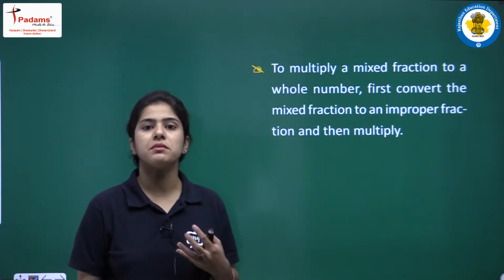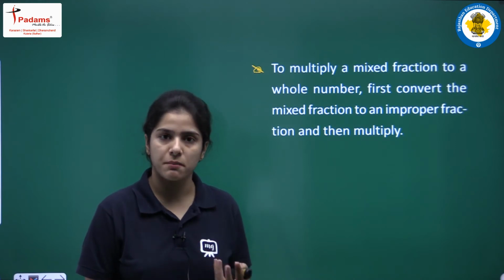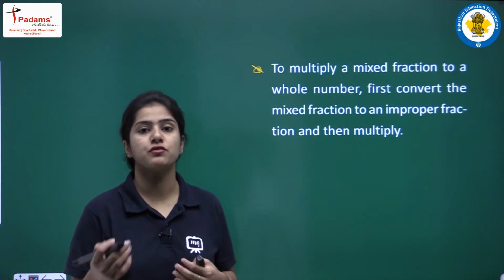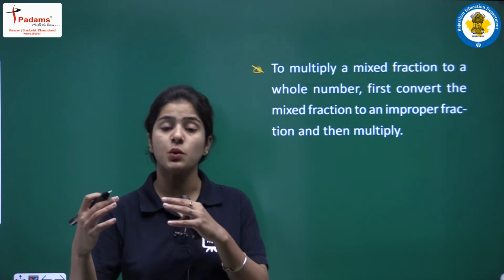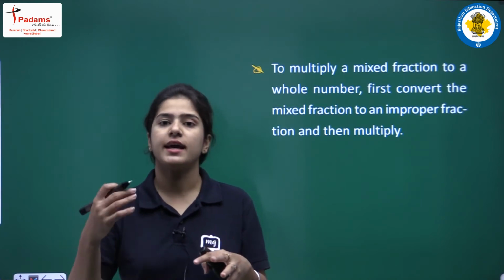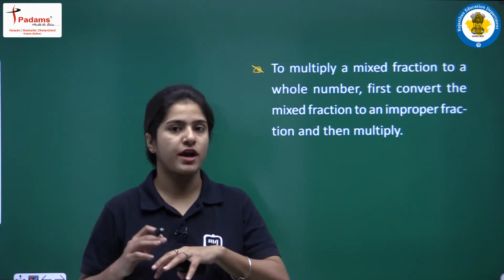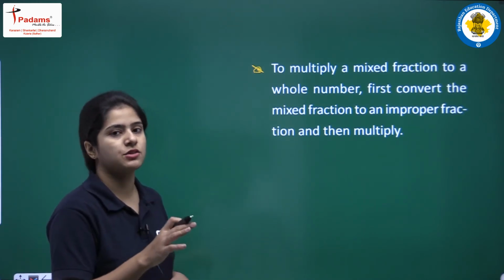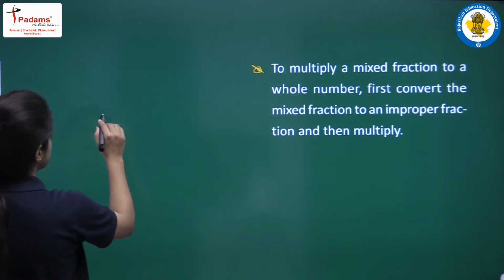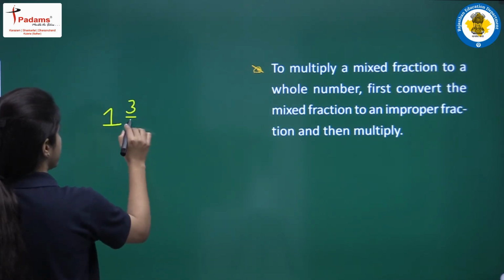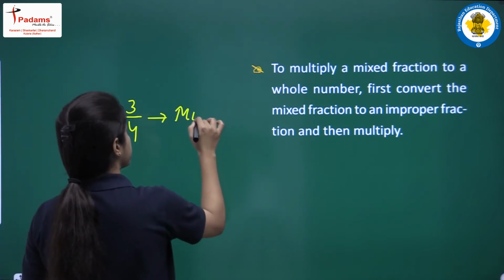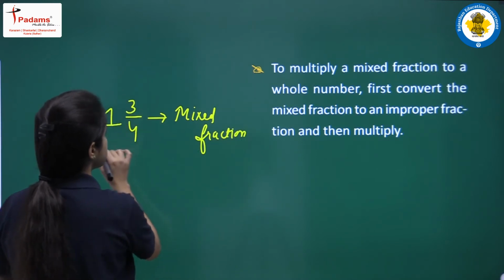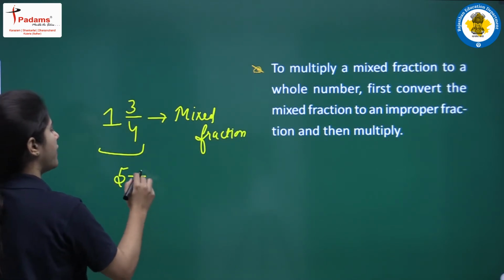Now students, how can we multiply a mixed fraction with a whole number? For multiplication of a mixed fraction with a whole number, firstly you need to convert that mixed fraction into an improper fraction, and then you multiply that improper fraction with the whole number, by multiplying their numerators together and keeping the denominator same. For example, if I have this mixed fraction and I want to multiply it with the whole number 5,